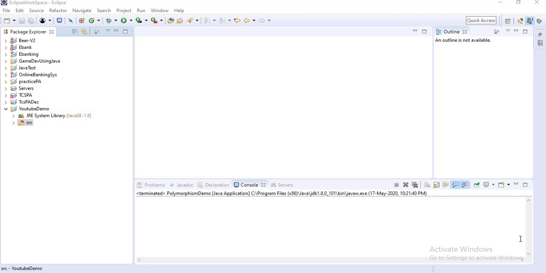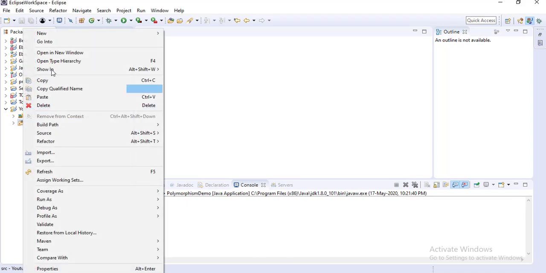In Java, or object-oriented programming languages, there is a facility that for a particular method, you can write different method forms with the same name. So for that I am creating one class in Eclipse and I am explaining to you.